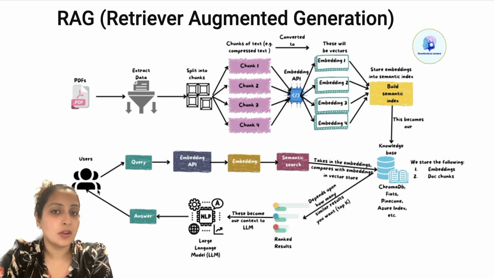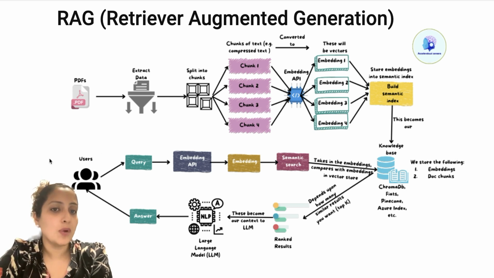Now come here, you are one of these users. Say suppose I'm building an application for Ask HR, or I'm building an application for an HR assistant. In that case, this document which you have could be a benefits policy, or it could be a performance appraisal policy, or a promotion deck, right? That particular document has been split into chunks. Those chunks have been converted into a machine understandable manner, and those have been converted to embeddings using an embedding model. And then those embeddings which have been generated are stored in a vector store.